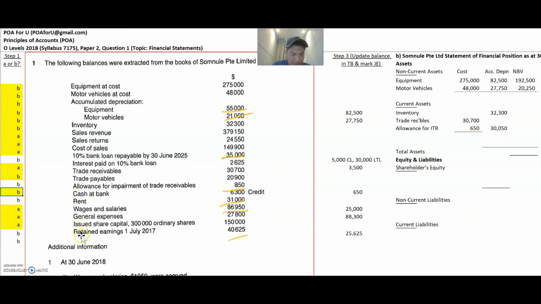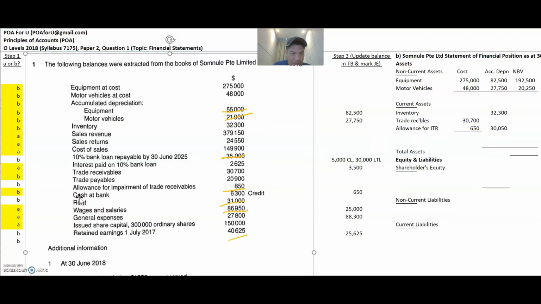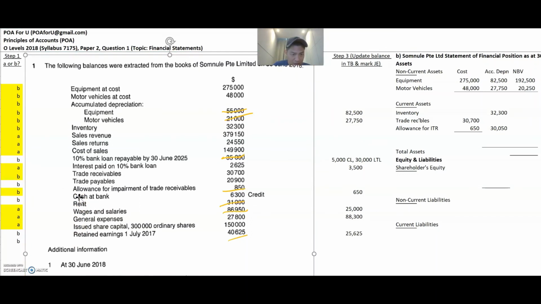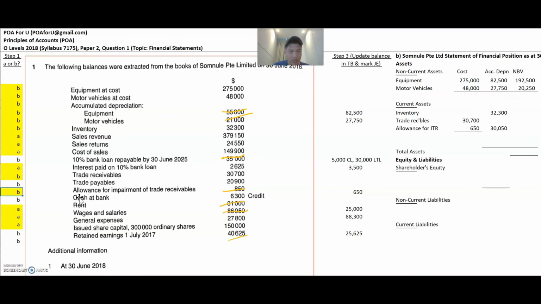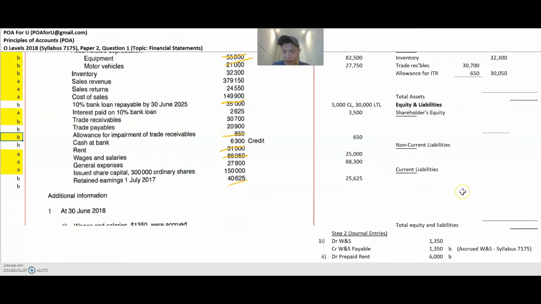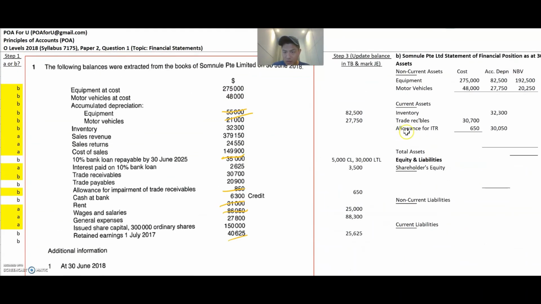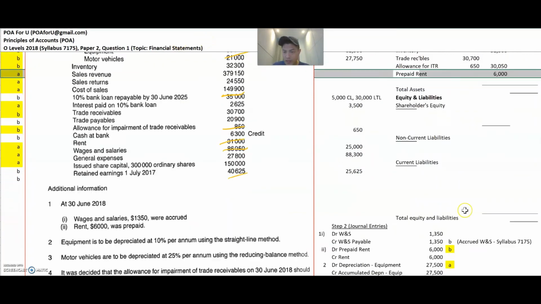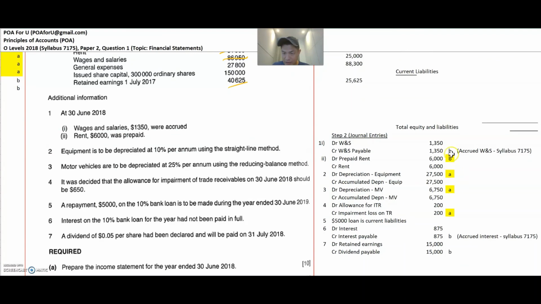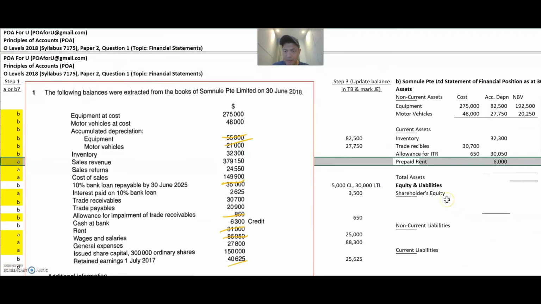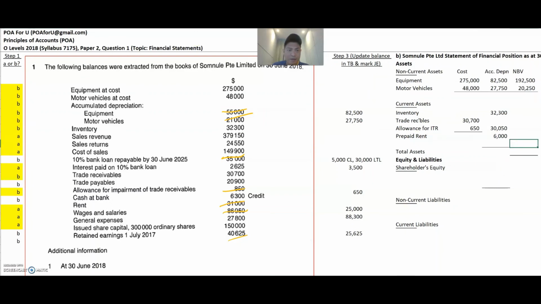Any other current assets I have in this list? So no more current assets that I have in this list. Just going to move this down a bit. Okay, now I'm going to look for the additional information for any B's that I can bring over to current assets. Yes, I see one, prepaid rent, so I'm going to move prepaid rent here, and I'm going to bring it, 6,000, here. Any other current assets that I have to bring? No more current assets, the rest are current liabilities. So that's it. My current asset balance is